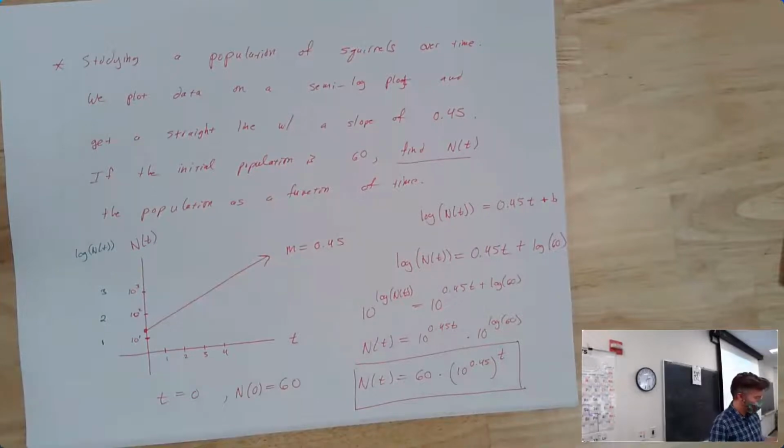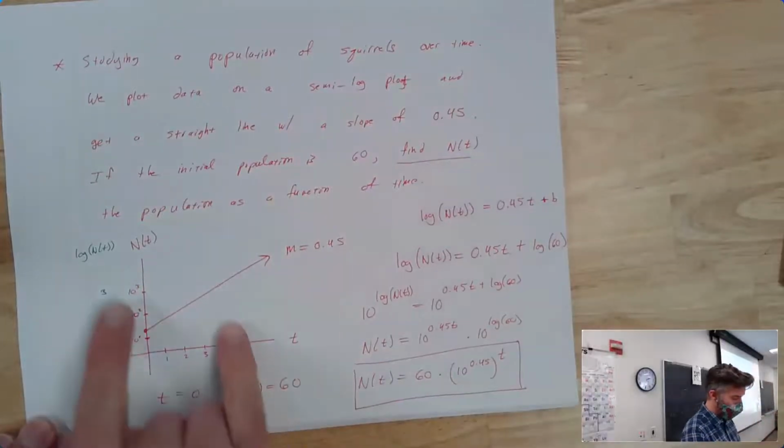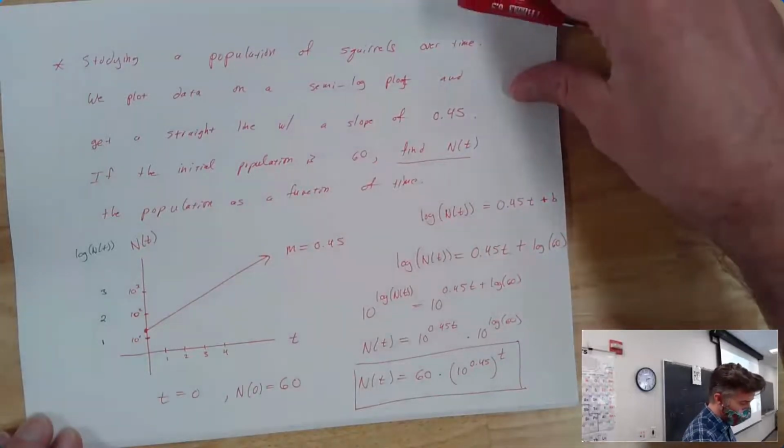Questions? Yeah. So if you're graphing the 60 times the base to the power? Yeah, so you would just graph it on the same graph. But if I wanted to graph this regularly, as an actual function, we would need to use a different axis because this has a different scale. So if I actually wanted to graph it, I would